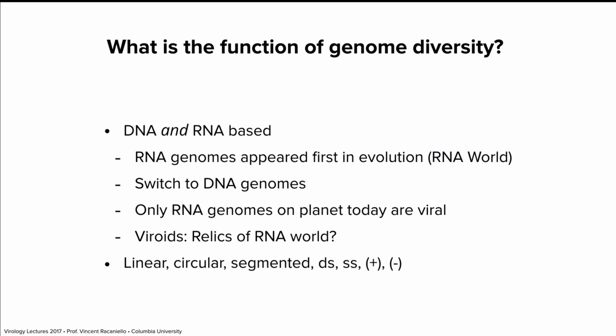And we think the switch from the RNA to the DNA world came when proteins had evolved. So in the RNA world, it was initially a non-protein-based world, and then proteins evolved, ribosomes and so forth. And a protein that evolved during this time was reverse transcriptase. It's a very old enzyme that converts RNA to DNA, and we think that's the origin of the DNA world. And so we switched to DNA genomes, and most life on Earth now is based on DNA.